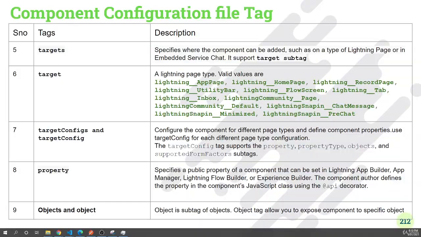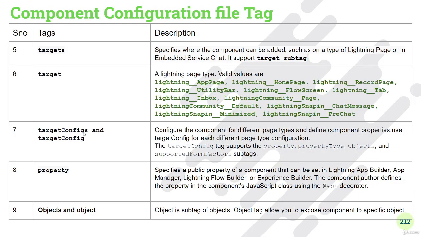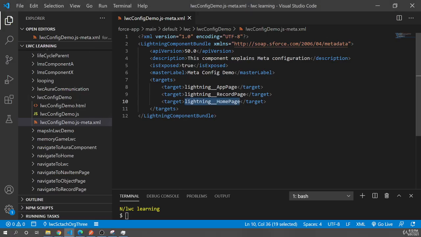Then we have target configs and target config. Target config is a subtag of target configs, and the target config tag supports the property, type, objects and supported form factor subtags. Let's go and create the target configs. So I'll say target configs, and under the target configs we have a subtag called target config,